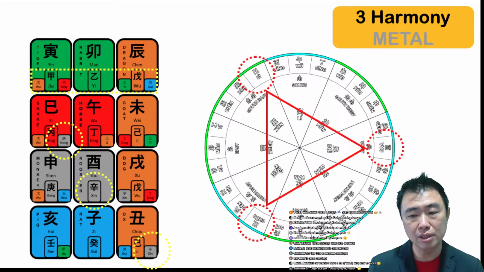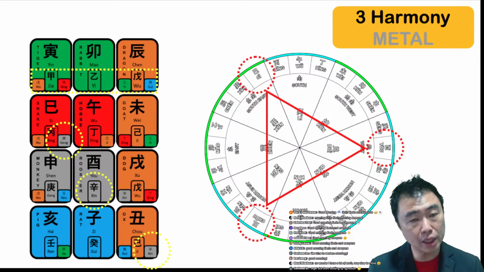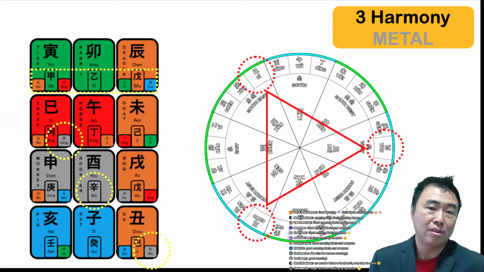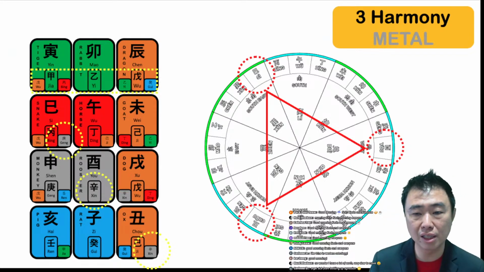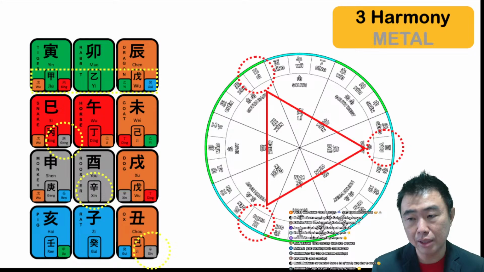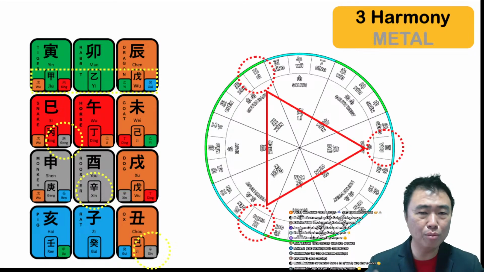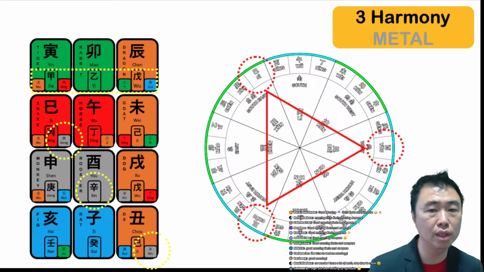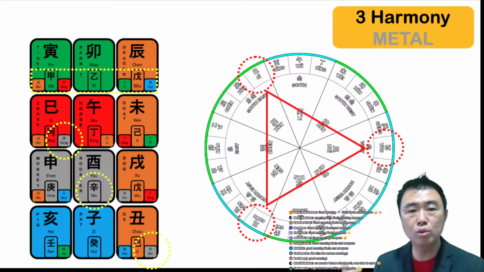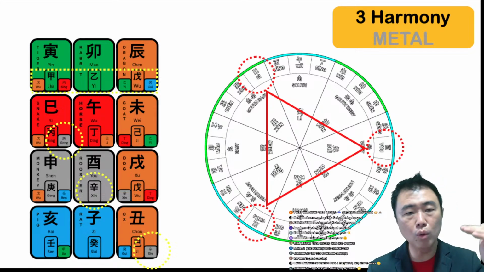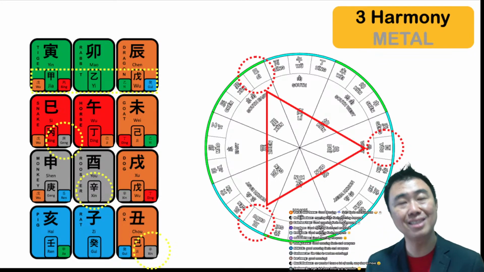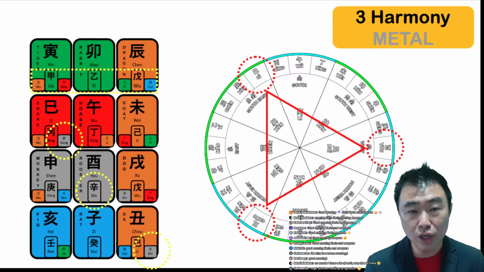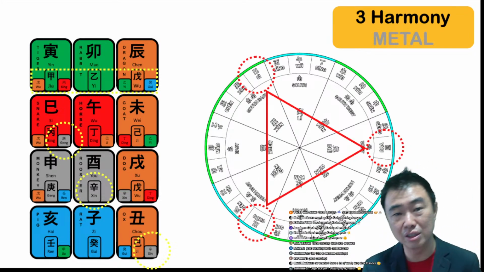Then again, this is a metal frame, so you need to take a look at your day master. What does metal mean to you? Let's say you are a fire day master. For a fire day master, metal is wealth, right? So metal is, oh, I'm going to get rich. No, a lot of work to do only, just telling you. If your work is not tied to remuneration, more work doesn't equal more pay, you just get more work. You don't get more pay because why? The system doesn't run that way. It has nothing to do with you getting rich or not getting rich.